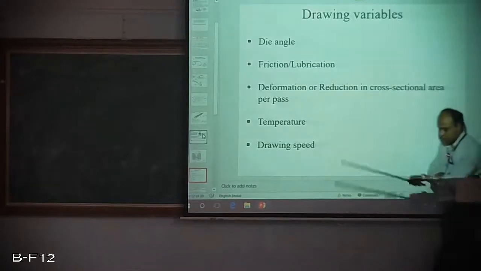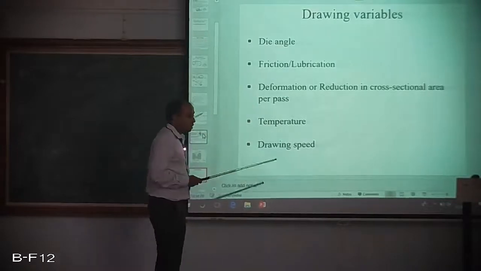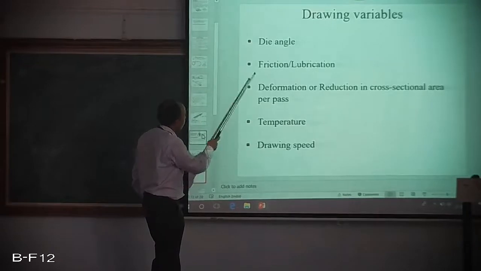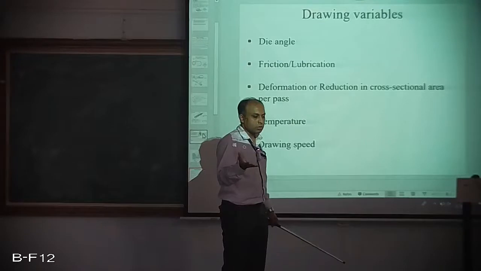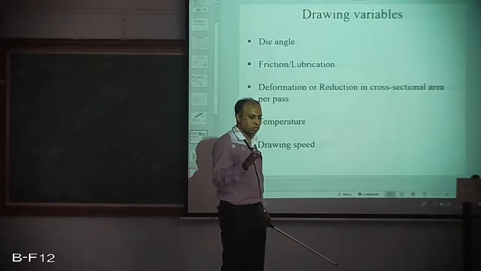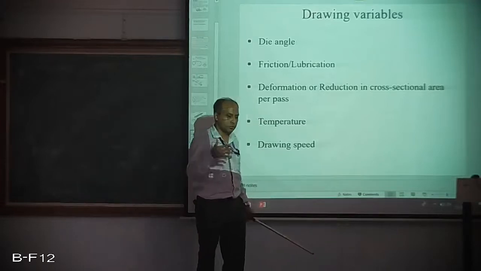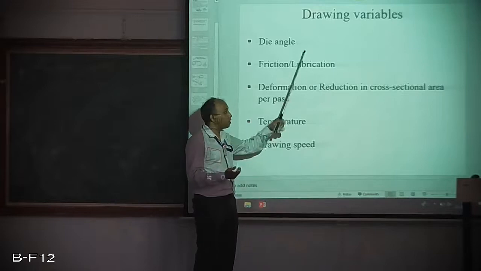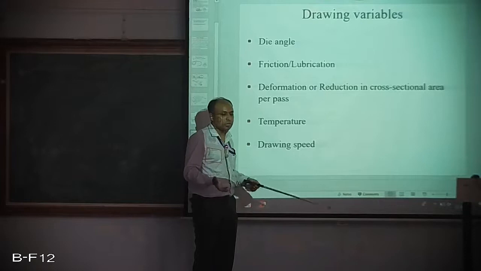Okay, the next one is your drawing variables. Just to read it out, how many variables are there? 1, 2, 3, 4, 5. Five variables. Again, expect this for 5 marks, meaning 1 mark each, if it is an internal evaluation. If it is the external final examination and it comes for 10 marks, more elaborate explanation is required, 2 marks each. You just cannot leave it and hush up with the things.